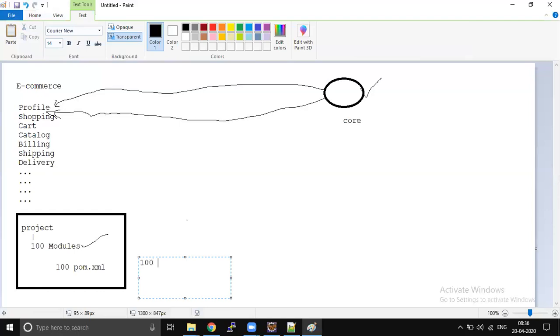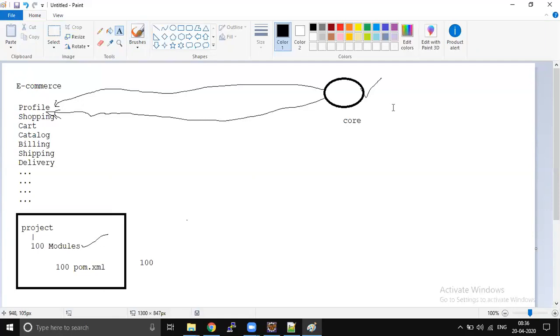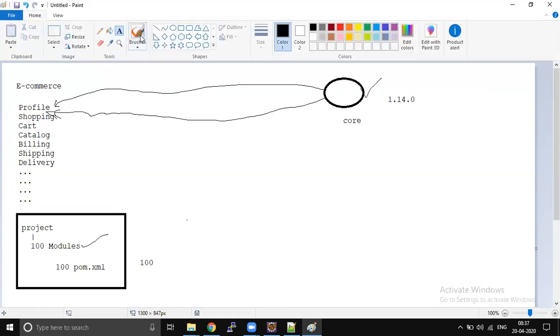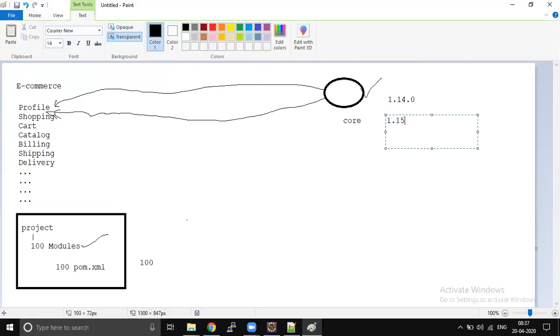100. Today we are using a version like 1.14.0, some snapshot released. That is fine, this is the version we are using. There are a few issues we identified in this version, and we fixed those issues and upgraded the version to 1.15.0.